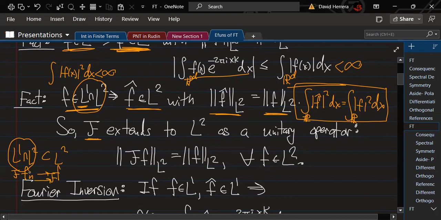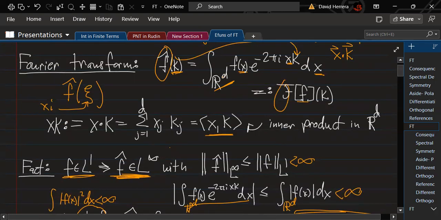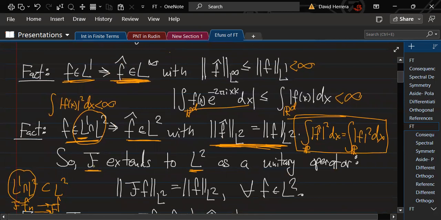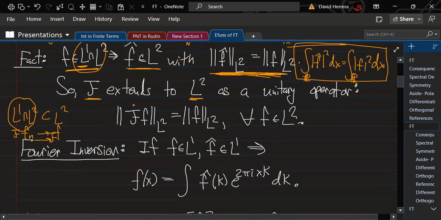The reason you know that this convergence is going to make sense is from this identity here. You can check, these are standard properties. I'm just reviewing it for people, assuming that you've probably seen it before to some degree. Once you have this extension, the Fourier transform is now an operator on L2. It's in some sense abstract, because it's not really written as an integral operator anymore, because this integral doesn't really make sense if f is just a general L2 function. If it's in L1, it does make sense. But if it's in L2, the integral doesn't make sense. So it's not really what the Fourier transform is for general L2 functions; it's a little more abstract, and it satisfies this property here,